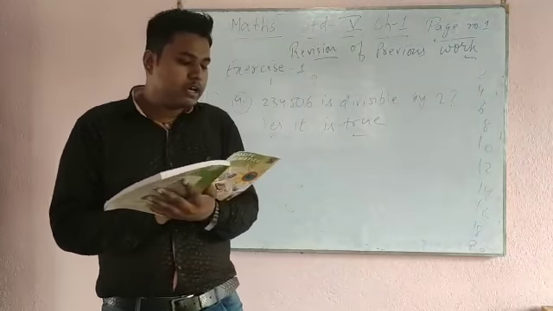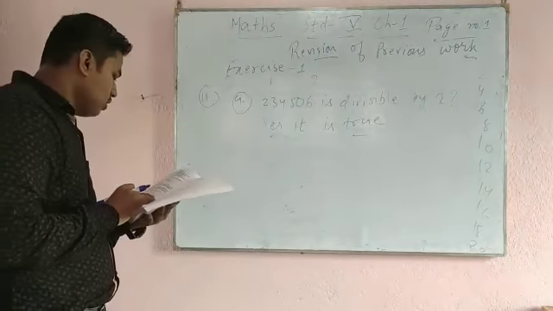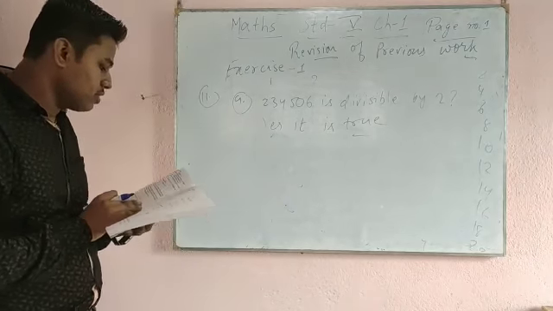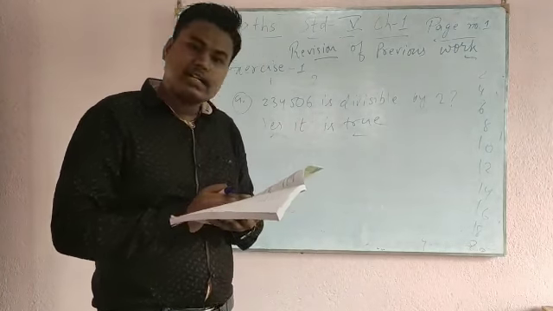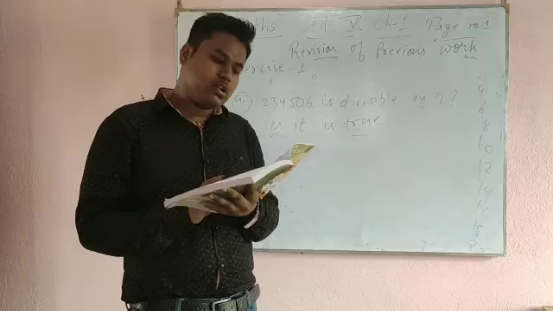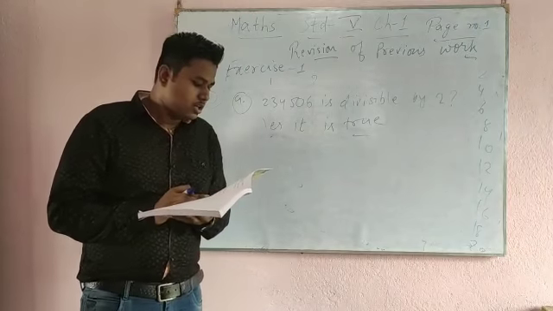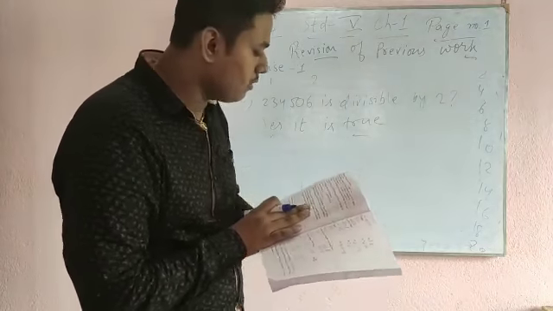So question number 12, 13, type it by own. Question number 14 is find the greatest common divisor of the following. Okay. 15 find the LCM. 14 do it by own. 15 also do it by own. From 16 we will discuss in next class. Your homework is you have to solve the question number 15.